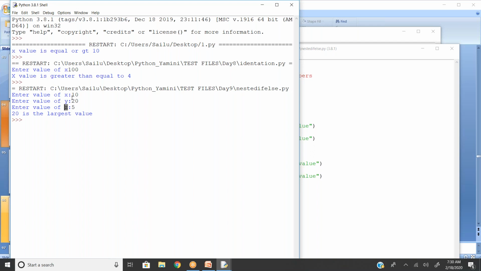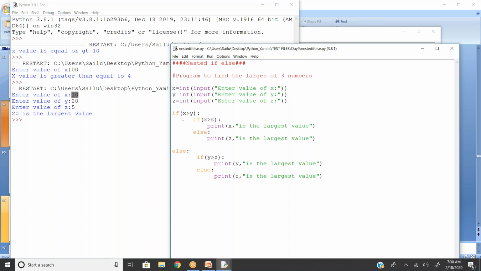If these two conditions are satisfied, then the system will return x as the highest value. Are you getting my point? Yeah. So in the same fashion, the first condition is whether x is greater than y or not. If yes, again the system is going to check whether x is greater than z or not. Then print x is the largest value.